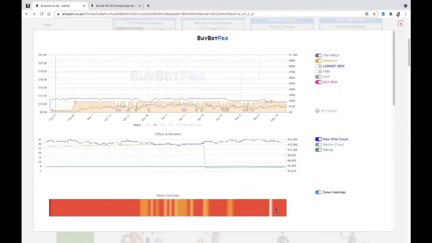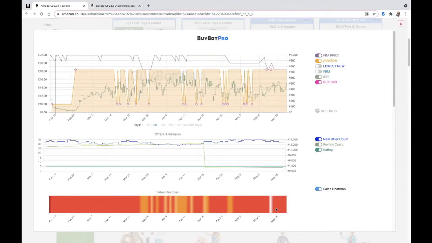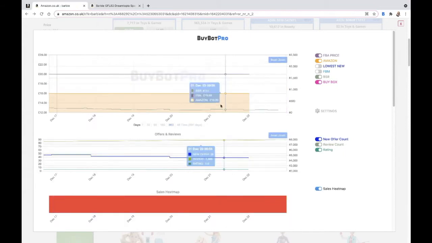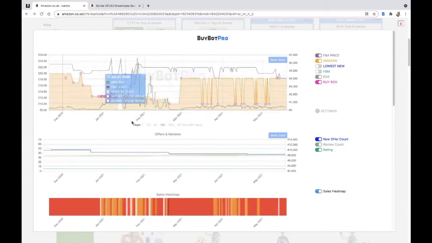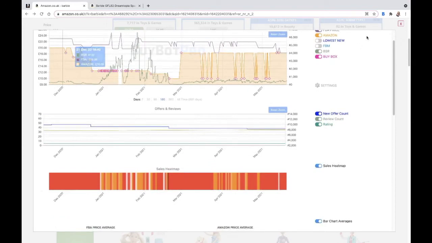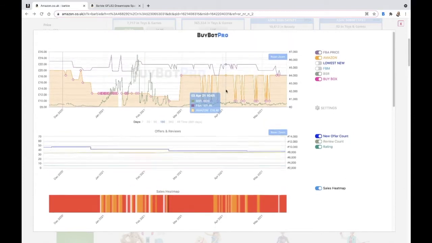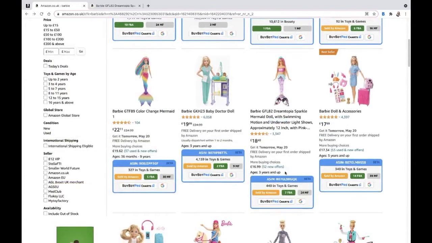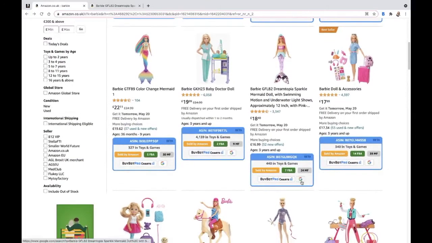And if you open up the BuyBotPro charts, you can see everything you need. They're all interactive, so you can drill down as much as you want into anything on any of the charts. You can click that little red cross when you want to move out of them. Obviously this gives you a fantastic opportunity to find out exactly what's going on with the product and with the sales. And then you've got the option here to click the little Google Shopping button as well.